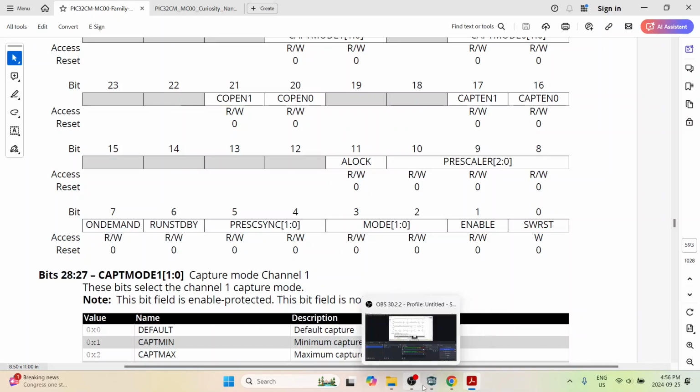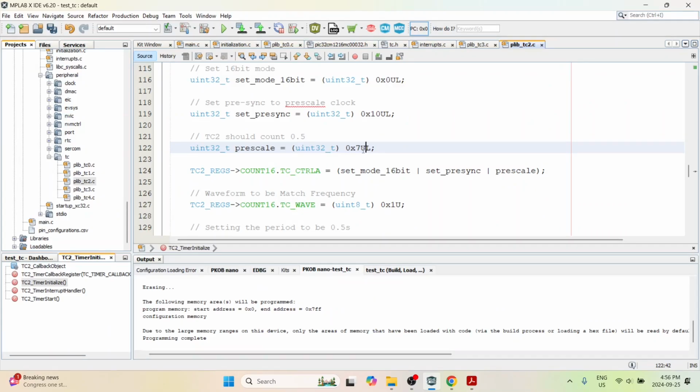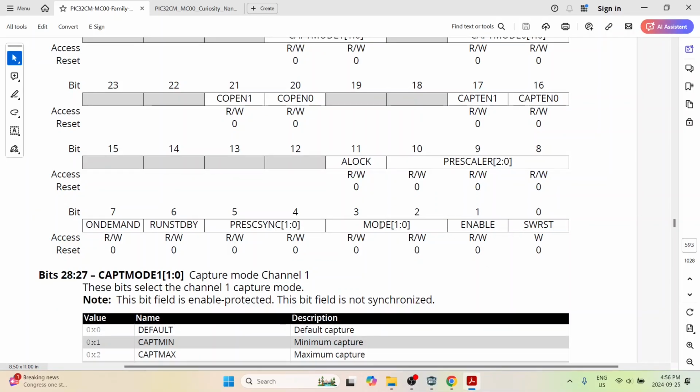But what we have written here is clearly wrong. We have just written 0x7. So therefore we must add 2 zeros here, right? Only then can it be a valid prescale. Without these 2 zeros we are actually setting these 3 lower bits, which is completely wrong, because that means we are enabling it. We are resetting our timer module, and we are enabling it, which is totally not what we want to do, right? And that is the reason why this is completely failing, because we are making a spurious write to these bits. So let's go back and fix this, and we